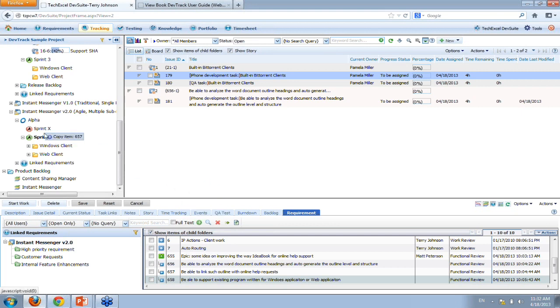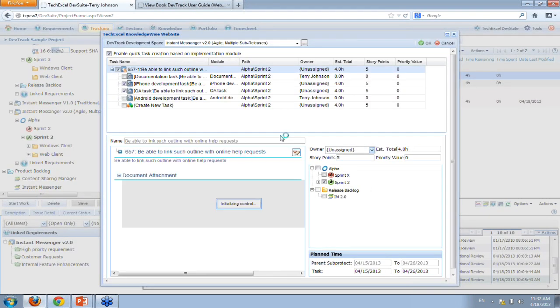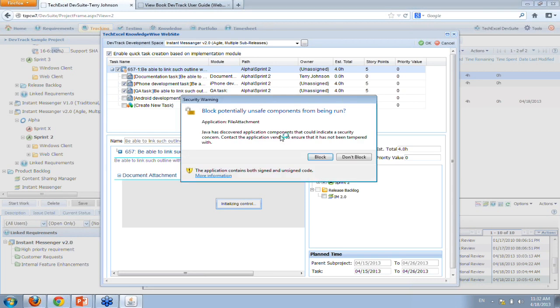By dragging and dropping into Sprint 2, now you're creating one more story